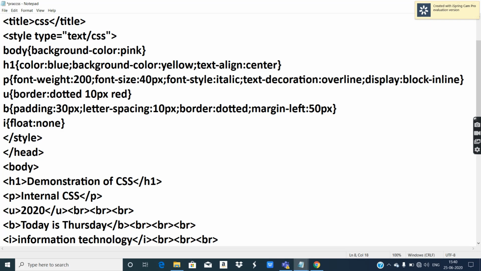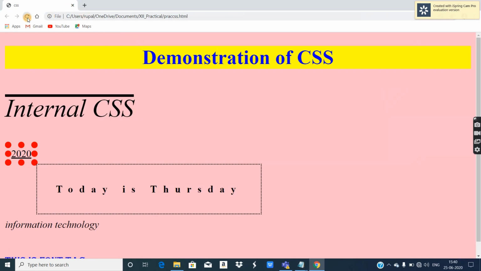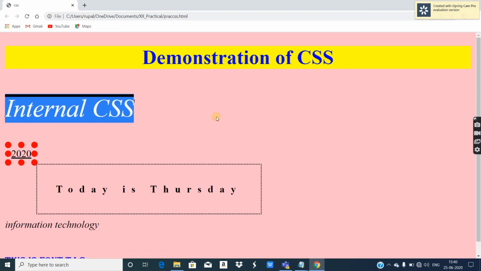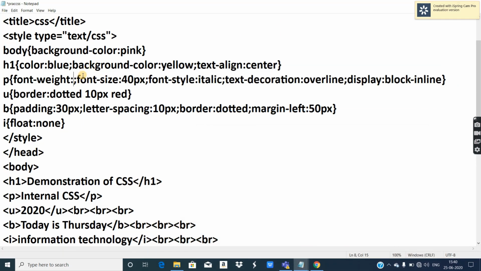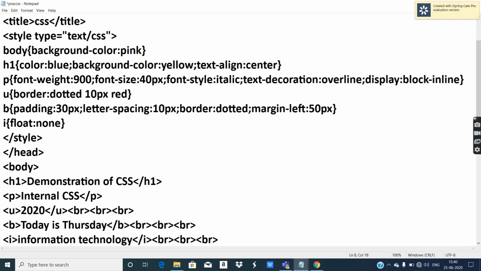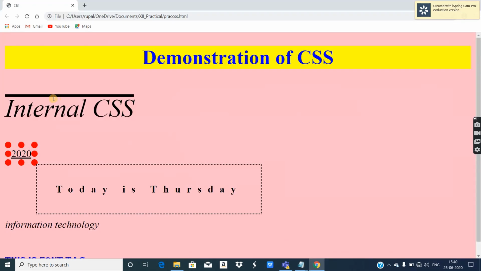Now I'll type 200. The 200 value was given in the textbook. Let's see if it works or not. No, not that much. The bold effect got removed, I think. Two values I got correct, bold and 900. And no need to provide pixels, this is a number value. Then the next property is font size. You can increase the font size. There is no limitation, you can give font size in pixels. So I have put the suffix px, and you can see 40 pixels font size.